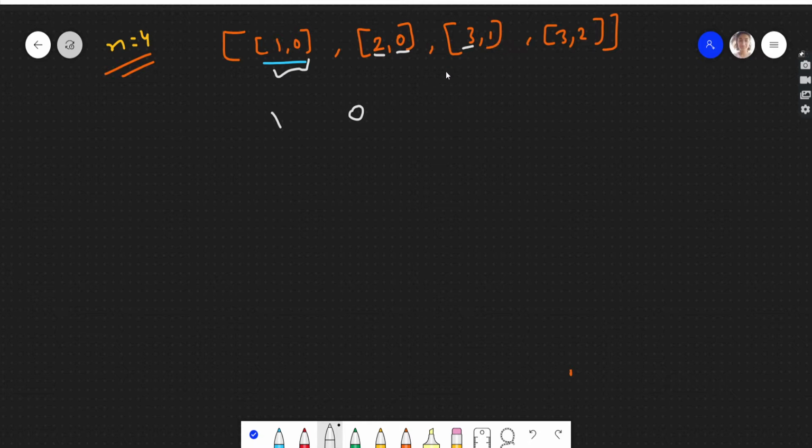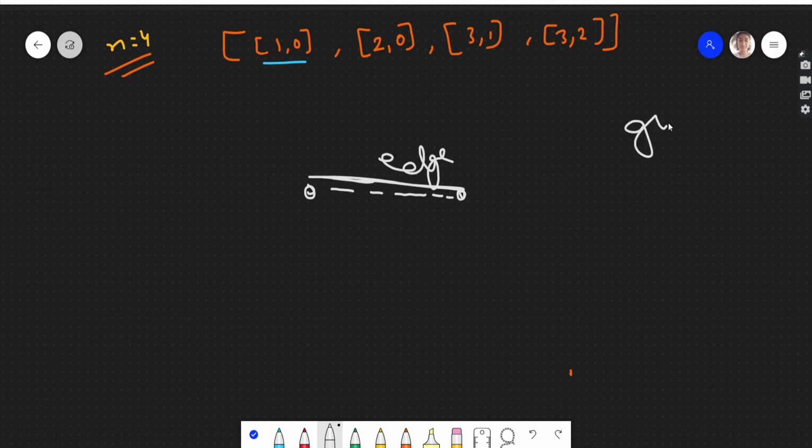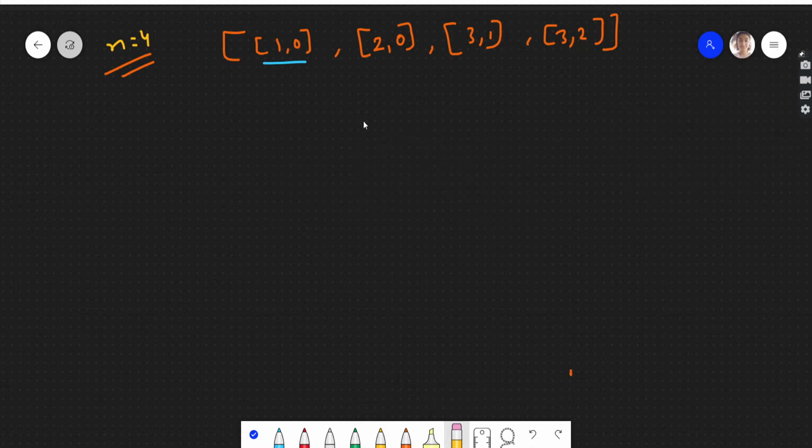So when you see this kind of dependency, where one thing is dependent on another, there could be a relation between these two, hence this could be an edge, right? This could be an edge, and we'll be using a graph for this.